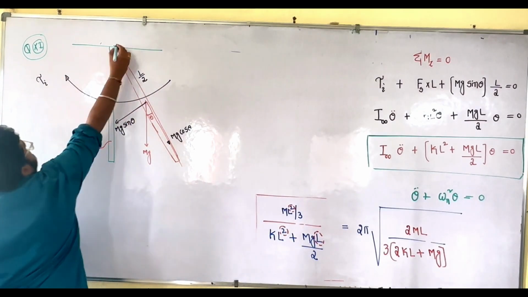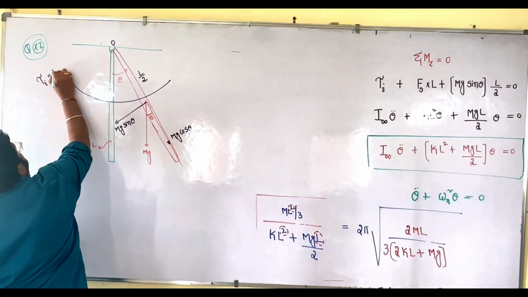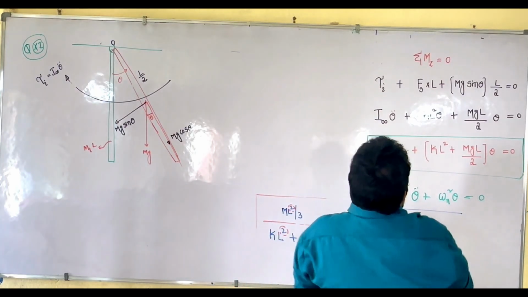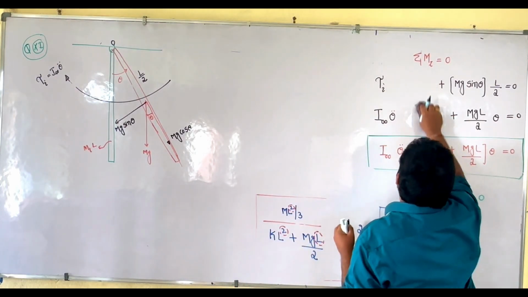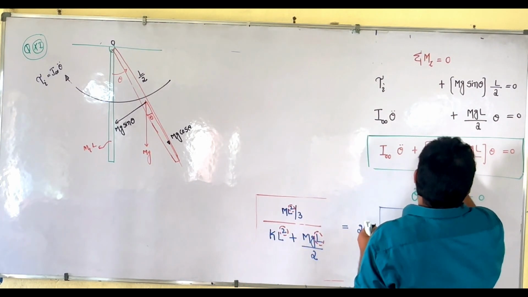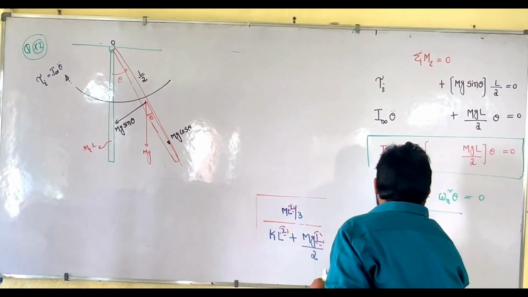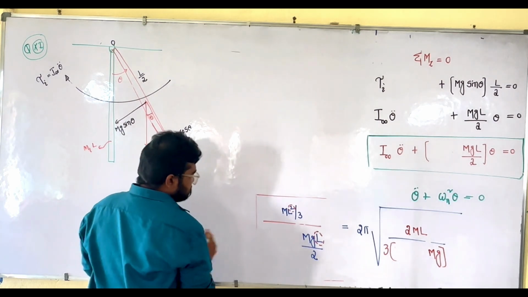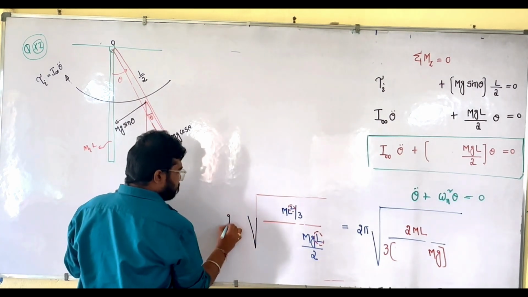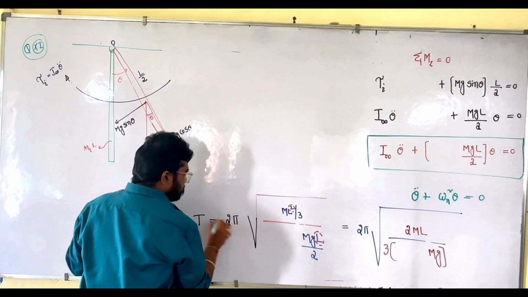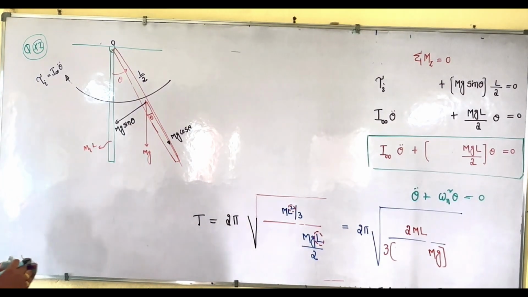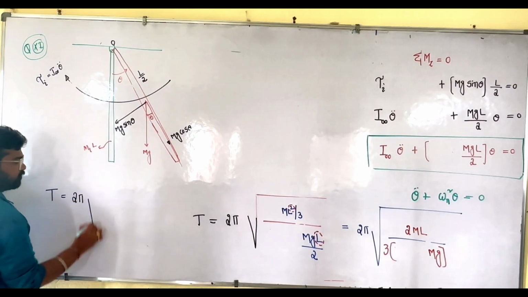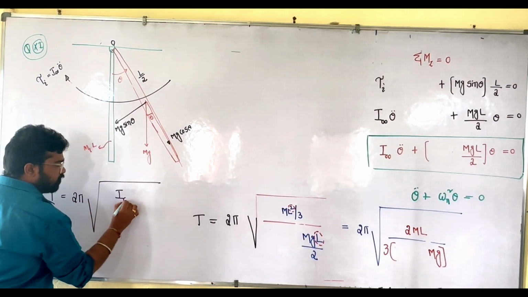along this direction. This is the disturbing point. I O theta double dot. Now KL square won't come. KL won't come. Are you clear? Same answer will come. Time period equals 2 pi square root of ml square by 3, 2 pi square root of I O by